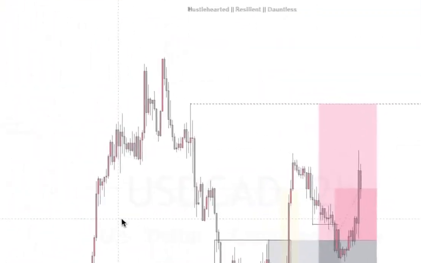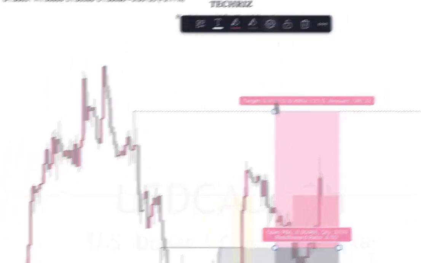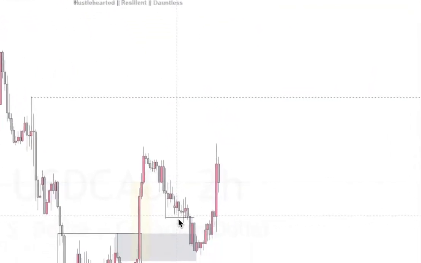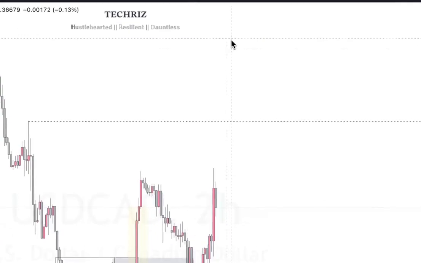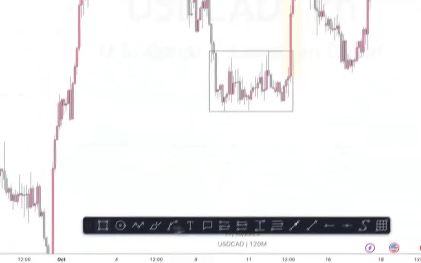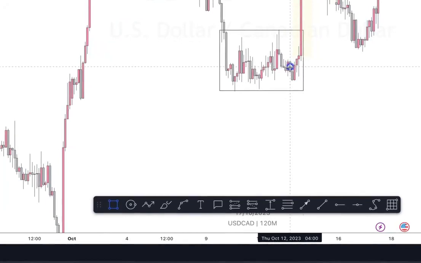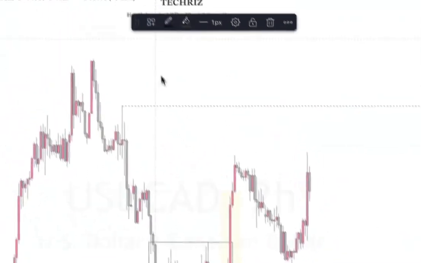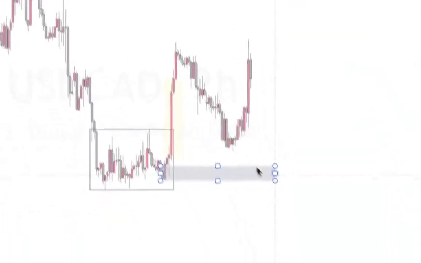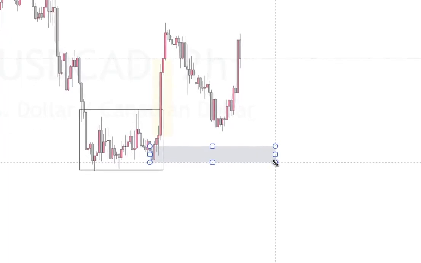Let me clear this. You've seen the setup, right? You've seen the setup because I'm about to delete it, start afresh to show you how I actually framed this particular setup. Now, because the expansion happened there, I'm not looking to sell here again. I'm not looking for price to come towards this particular level before I could actually take my buy order, because